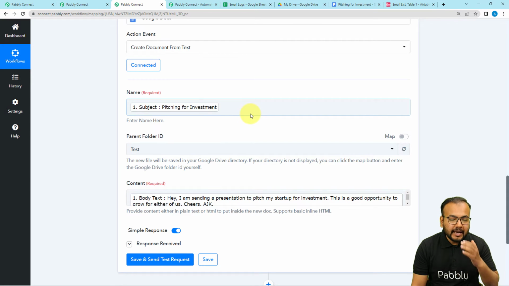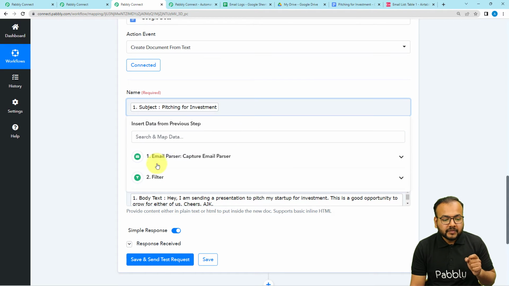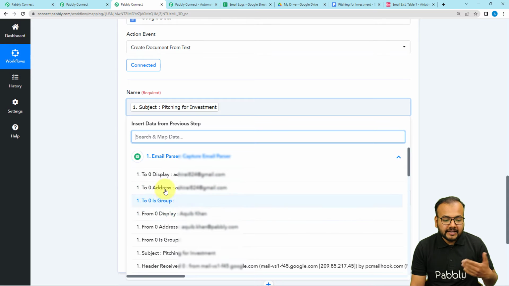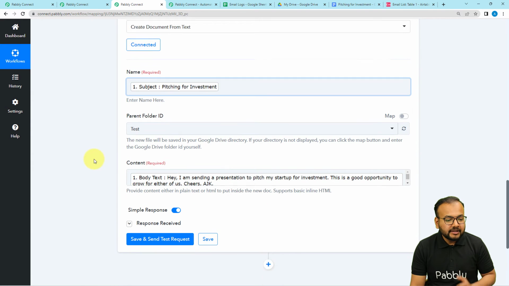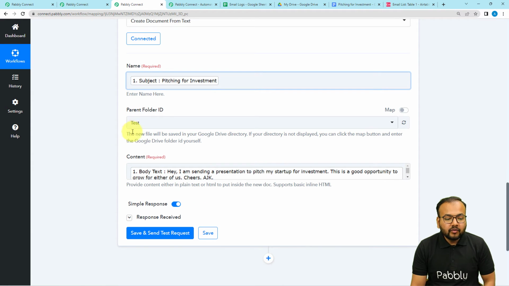If you want to map the name of the person as the document's name, you can do that also. For that, you just have to click here and the previous steps will appear here. And from the first step, you can map anything like the name or the email address. Okay. Right. Then I have selected the folder of my Google Drive in which I want to save this newly